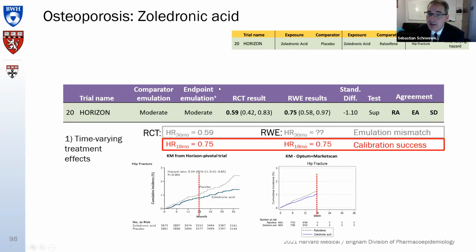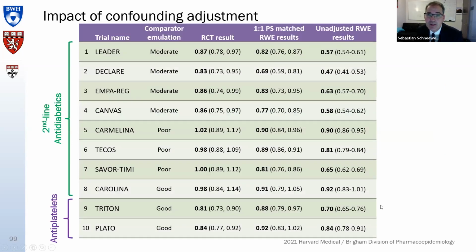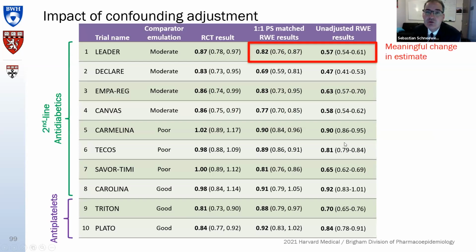I did not fiddle around with the numbers up here. The numbers are the pre-specified analysis. We want to be totally honest to our word here on the pre-specified analysis, but it is interesting, of course, to explain very briefly the confounding adjustment, how much is changing here. You see now on the very right column the unadjusted estimate from the real world evidence. I haven't shown this before. And the second to last is the estimate that you have seen already after one-to-one propensity score matching.